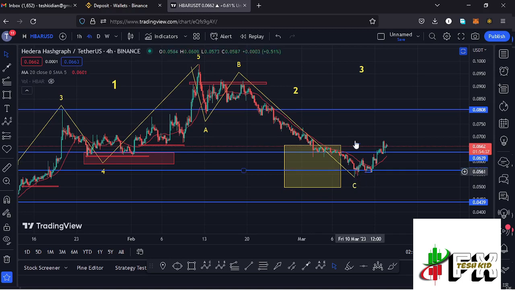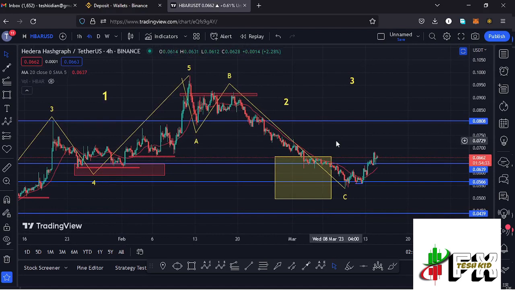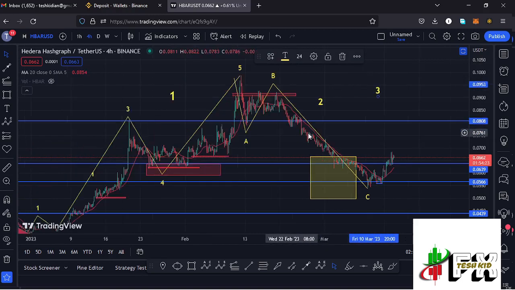And I now believe that we have bottomed out in the formation of this wave 2, and whatever we are seeing at the moment is the start of an impulsive wave to the upside in the formation of this wave 3. And before I get further into the technical analysis and also give you my next price targets to the upside in the formation of that wave 3,